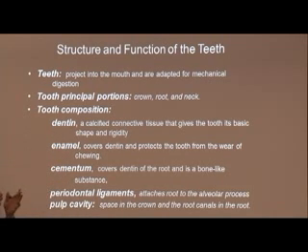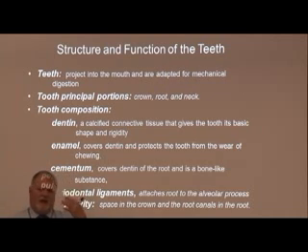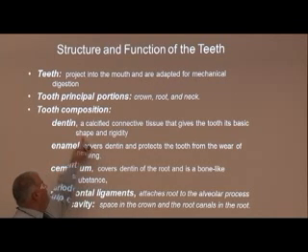Now, what covers the surface of the root of a tooth is a connective tissue-like bone substance called cementum. And that allows the tooth to be held in place in the alveolar cavity by little ligaments called periodontal ligaments. And then teeth are hollow. At the center of the crown of the tooth, there's a hollow place, which is called the pulp cavity. And within the pulp cavity, we actually have blood supply and nerves